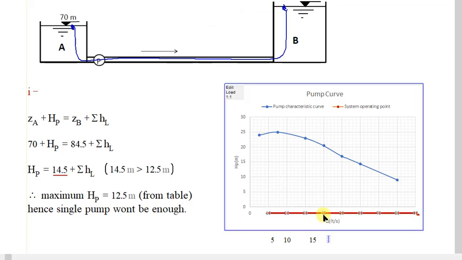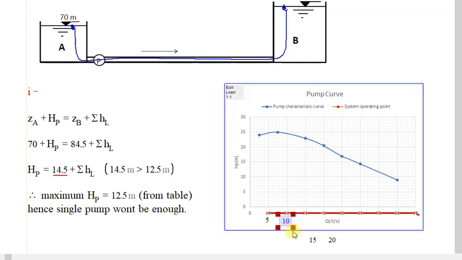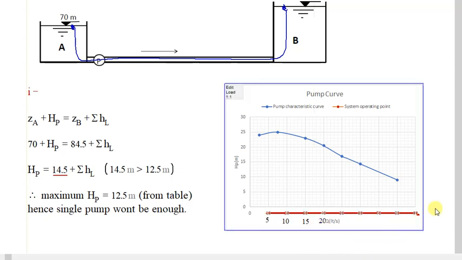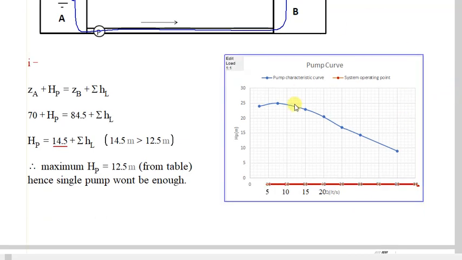Then after 15, we have 20, and so on. If you draw it from the beginning, because in the exam you will take the question and you will draw, for example, directly the pump curve. So what we can do is that now after we know that we need another pump in series,